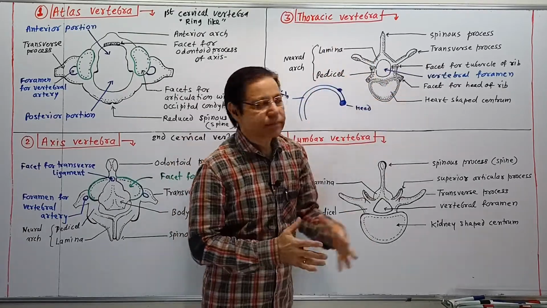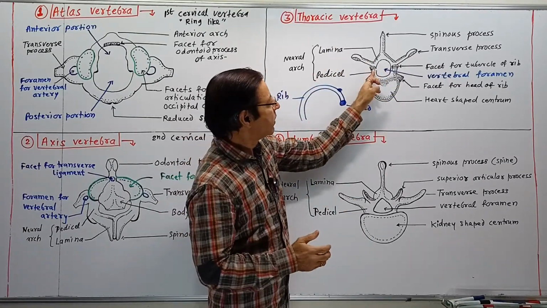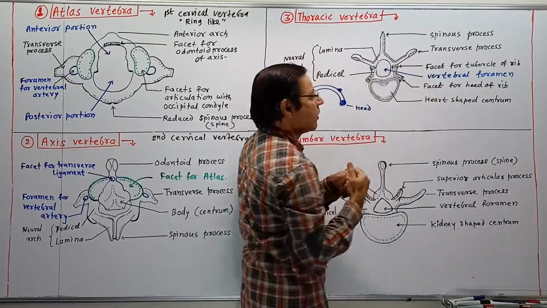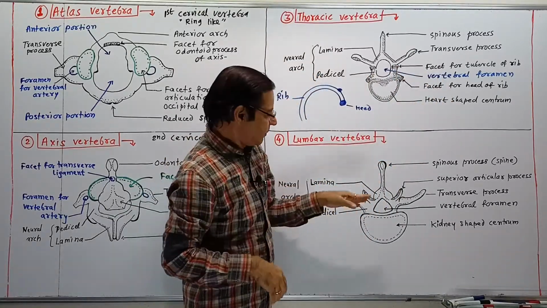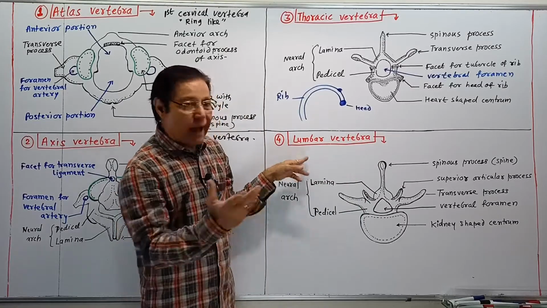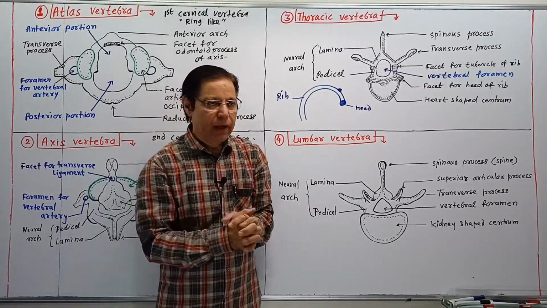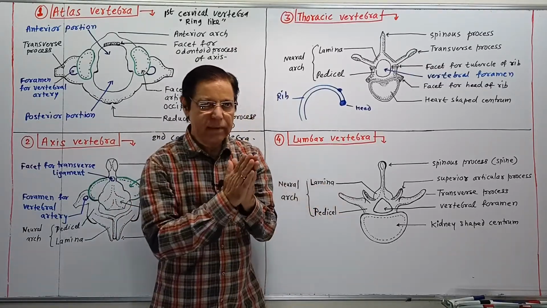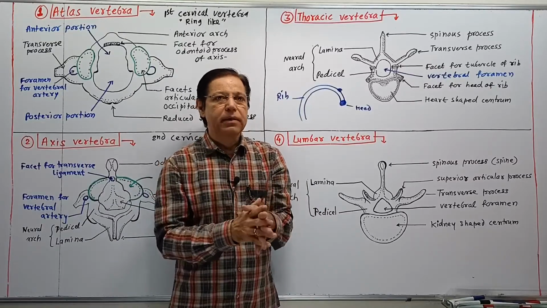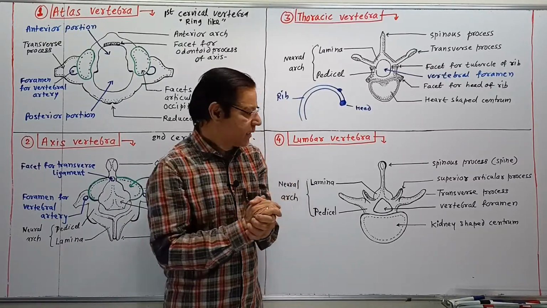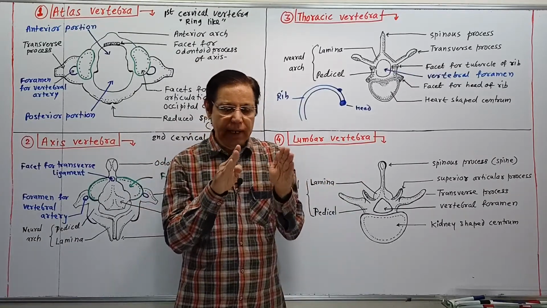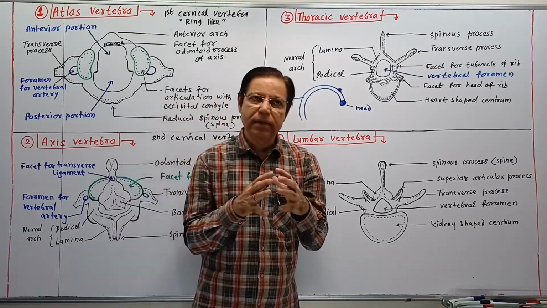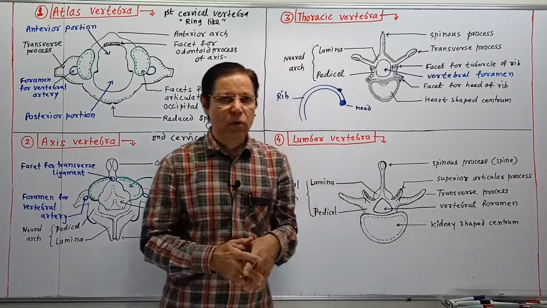Now, this is all about the thoracic vertebra. Thoracic vertebrae have the pedicel and lamina enclosing a neural canal or vertebral foramen. Okay, and the last type of vertebra is the lumbar vertebra, and lumbar vertebrae are near about similar in shape but vary a little in size. The first lumbar vertebra is smaller and the fifth lumbar vertebra is larger and broader, meaning lumbar fifth is almost the broadest vertebra in the vertebral column.